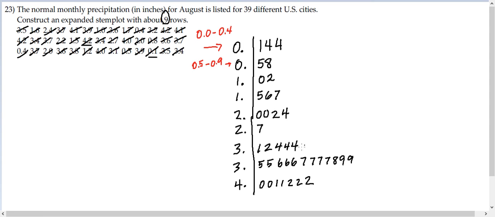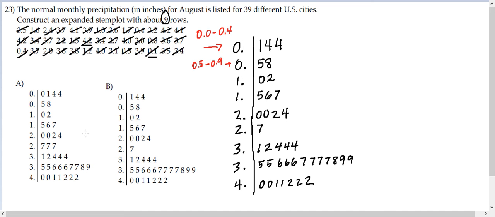Alright, so now I've finished the table, and you see I can now double check I've crossed every one of these off. So I know that I've got them all, so let me go look at my answer choices. We only have 2 answer choices here, and you can see the 2 tables look identical until you get right here to this row. We only have 1 7, and they have 3 7s in answer choice A. And then also down here on this row there's missing 2 7s and 2 of the 9s, so you can see